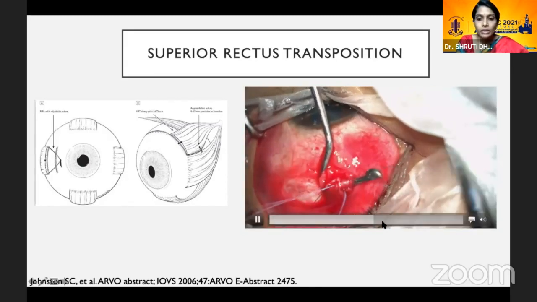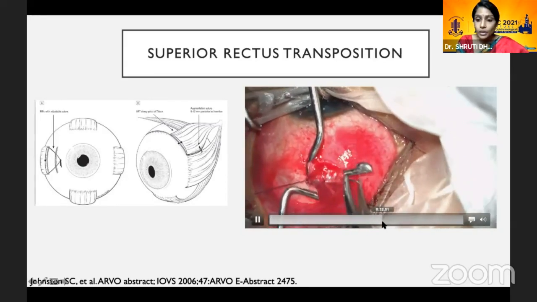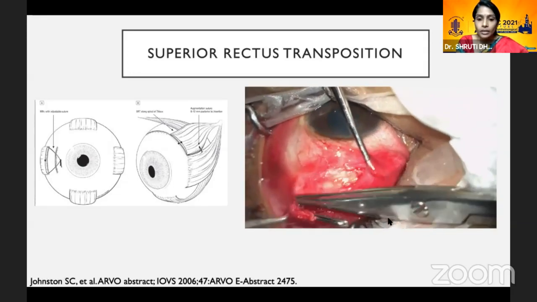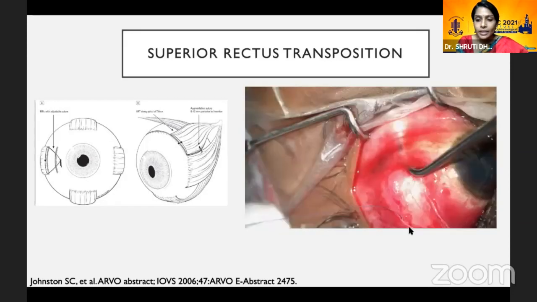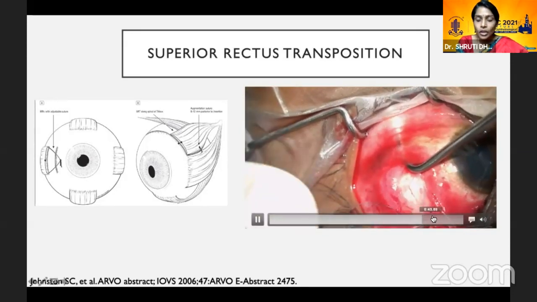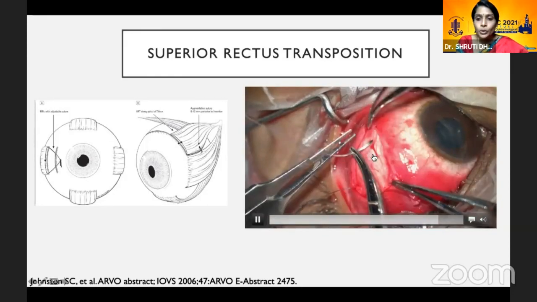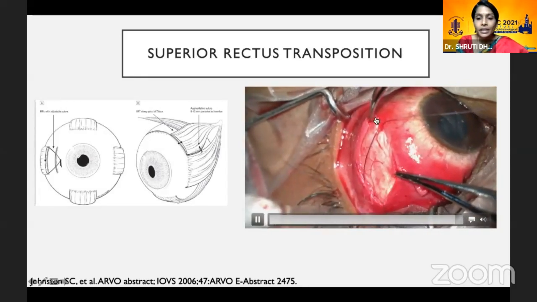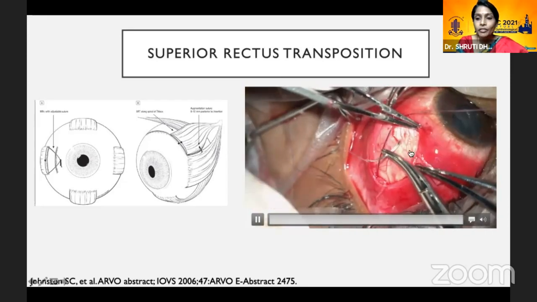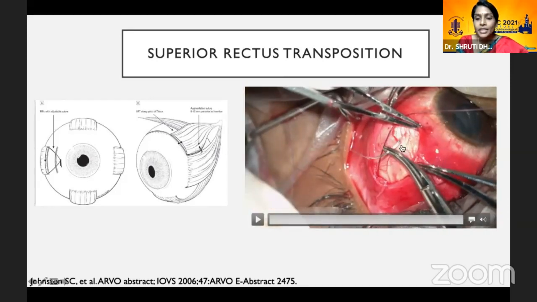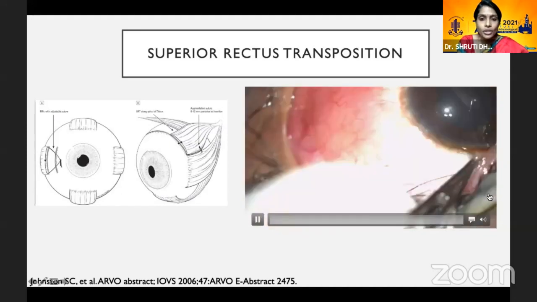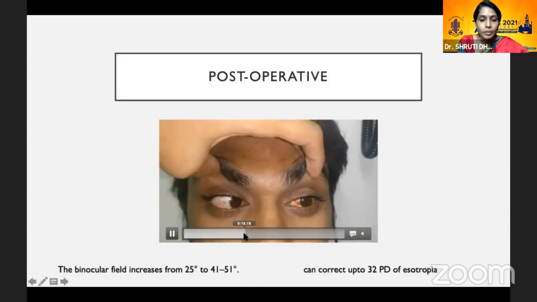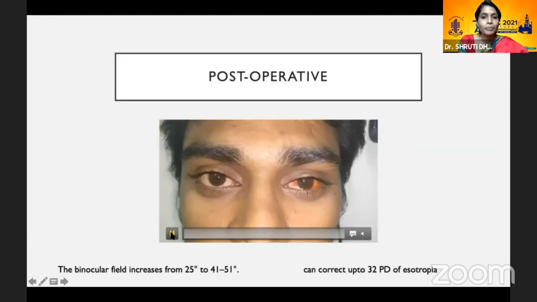Then we hook the muscle with, you can use, here I've used 6-0 Vicryl because I'm not going to be pulling it a long distance. And then we hook the lateral rectus and we place it along the, so usually I use a Moody's hook to mark the superior rectus lateral end and the lateral rectus superior end in order to have an idea of where the spiral is. And then with that, we place the sutures and we can add an augmentation suture if required. So post-operatively, he did well and there was a little bit of improvement in his abduction as well.